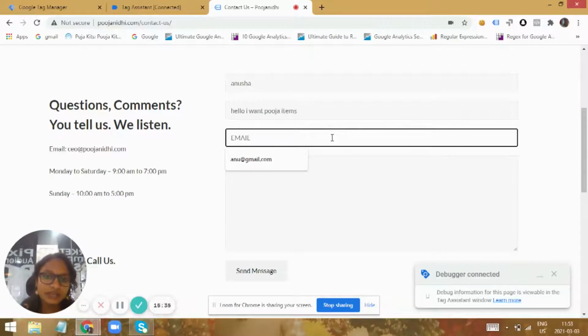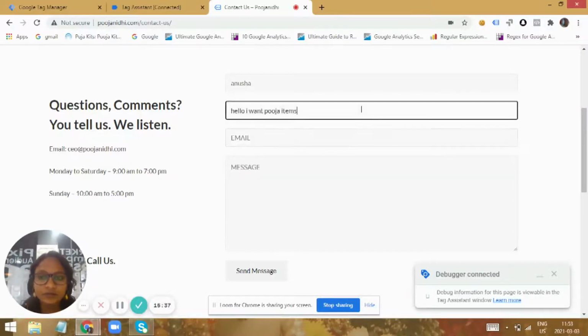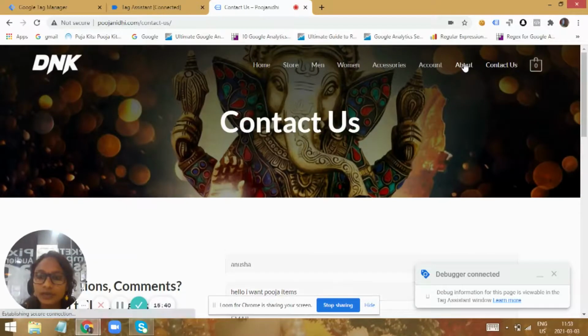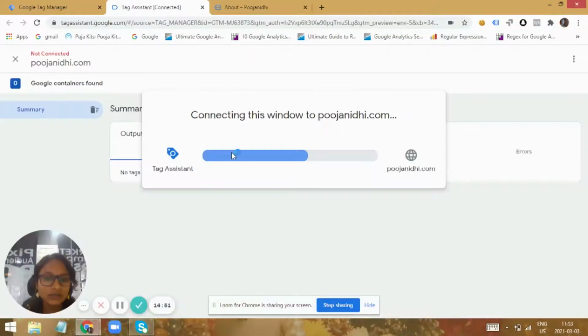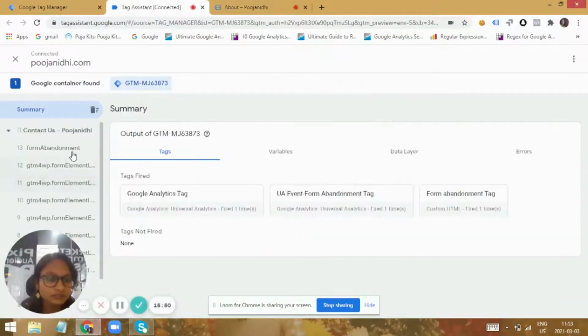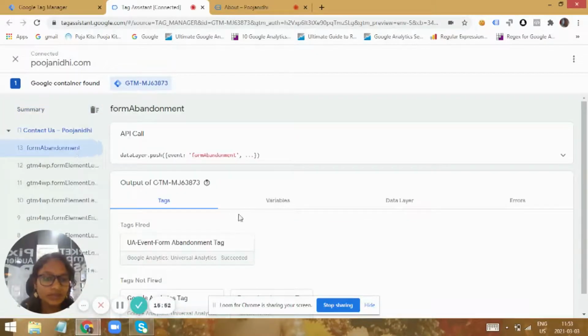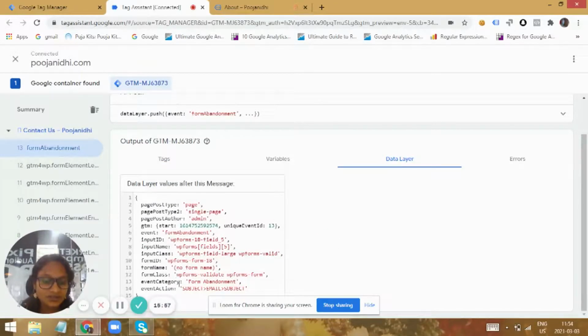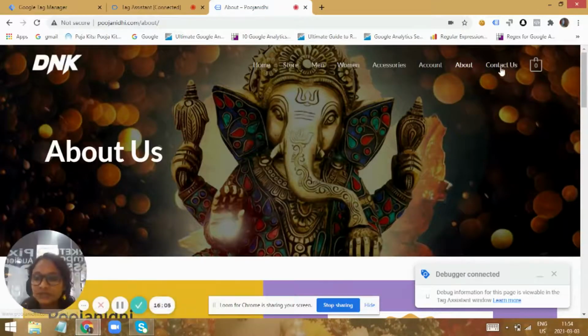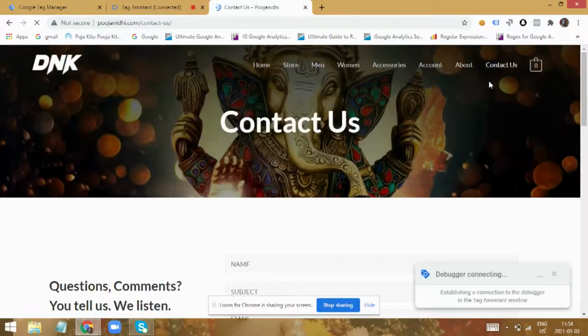Maybe there could be any reason for the user leaving the form without filling it and just going into another page. It may be a deviation, or he's not comfortable with that field. Then you can identify the path that the user has taken. See, there's a form abandonment event that we have sent, and if you just look in the data layer, you could see the event category as form abandonment and the event action, the subject, email, and so on. Whatever fields he has filled would be in that array, and you can identify the list of fields there.